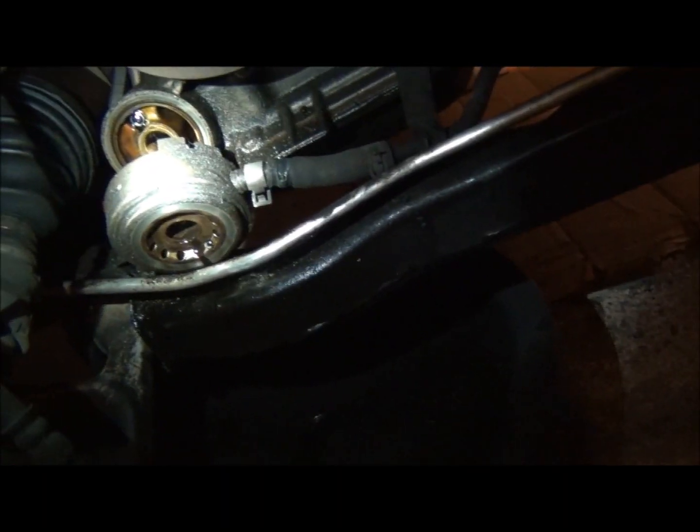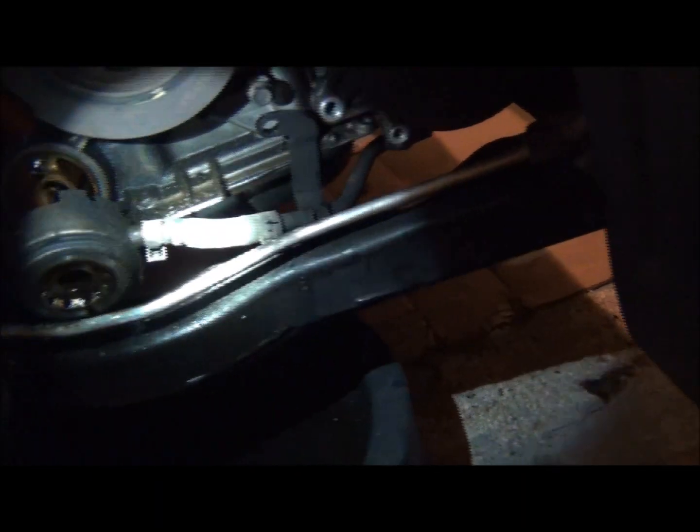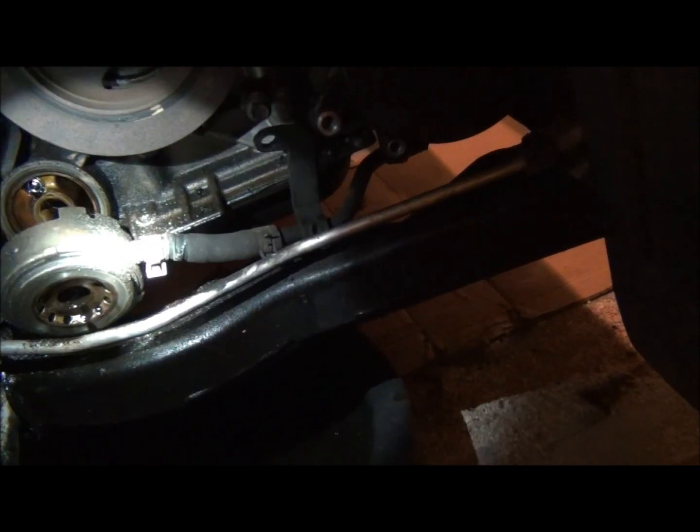So what I did do is right here on the oil filter cooler. That's the O-ring come out of it, and the bolt has a 22 millimeter head on it, I believe, and that comes out pretty easy. And then there's the seal behind it. So I let that drain down in there. I went ahead and pulled that hose clamp off. I'm going to pull it off here eventually. It's just kind of still a pain to work with here with everything else. And then I took off the bolts for...